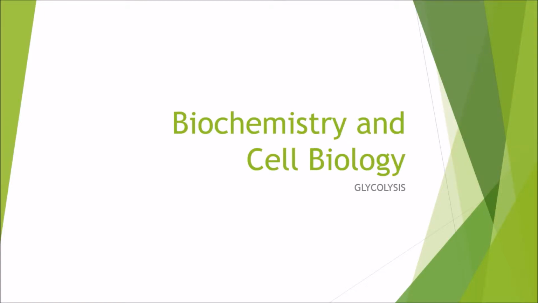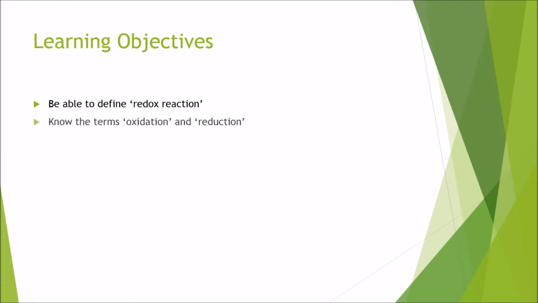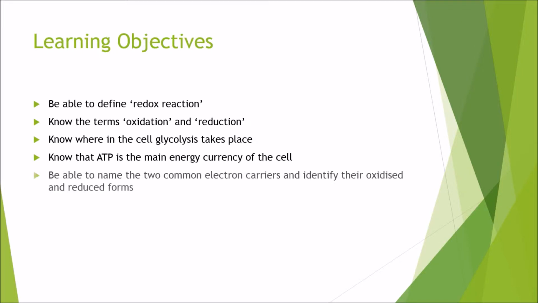Okay, so welcome to Biochemistry and Cell Biology, and in this presentation I'll be covering glycolysis. So the learning objectives are to be able to define redox reaction, to know the terms oxidation and reduction, to know where in the cell glycolysis takes place, to know that ATP is the main energy currency of the cell,